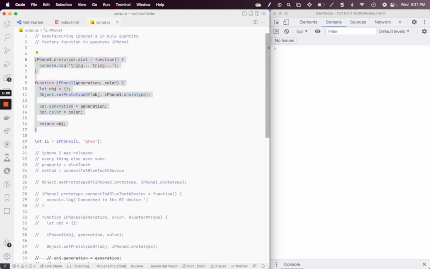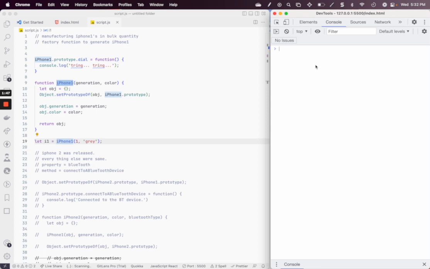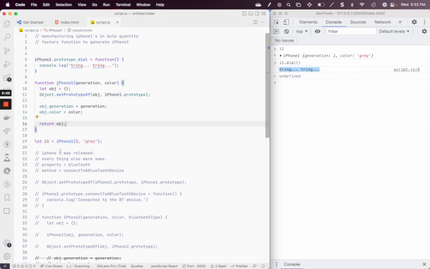Okay. Now, friends, whenever we use the new keyword, it is the exact same function, right? We are not making many changes to the function body. Let's check if everything is working as expected. If I check the i1 object, I have my iPhone object, and can it dial a number? Yes, it can dial a number. We can see tring tring, right? So now if I just use the new keyword here,